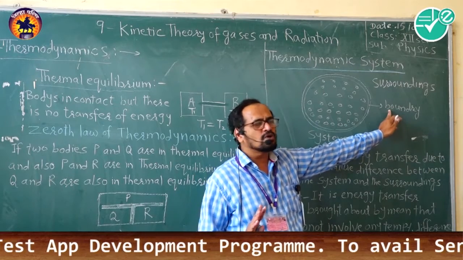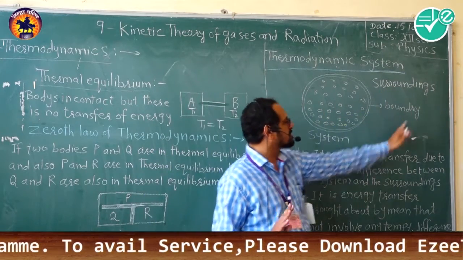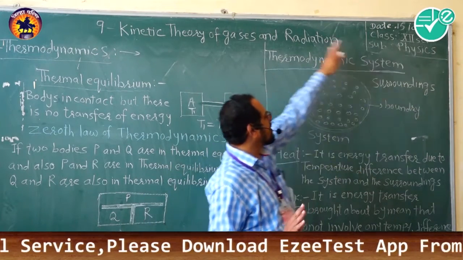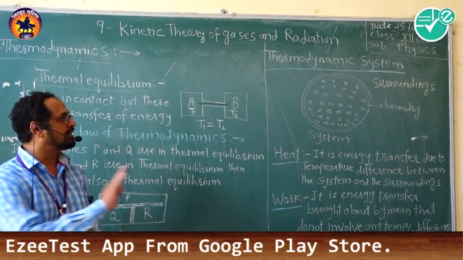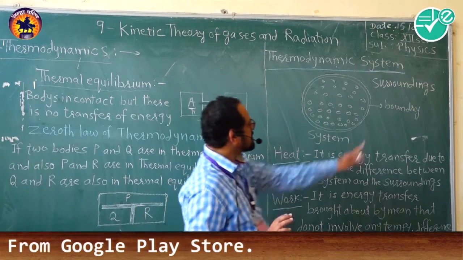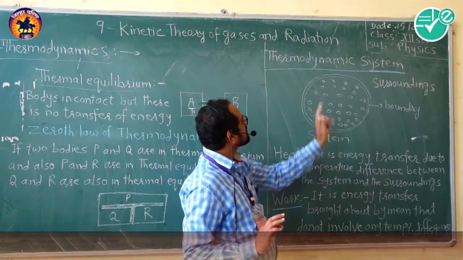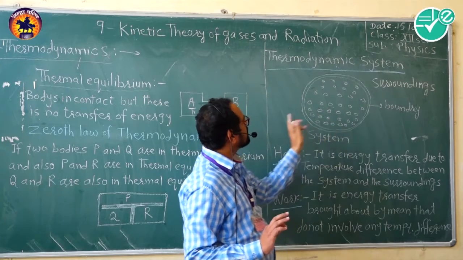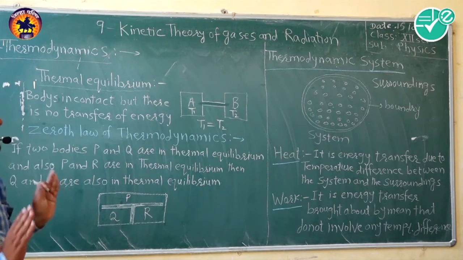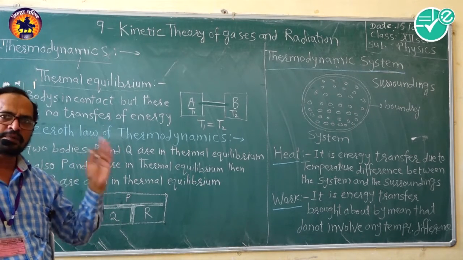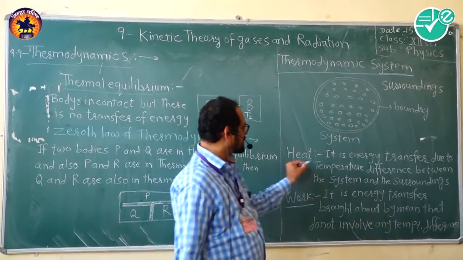So there is no contact, or the system is isolated from the surroundings. The surrounding area that has no connection with that system, we can also call an isolated system. So this is the boundary which separates this system from the universe. This is also a part of the universe, but it is isolated from the surroundings or other parts of the universe.